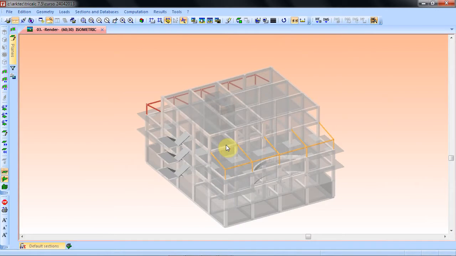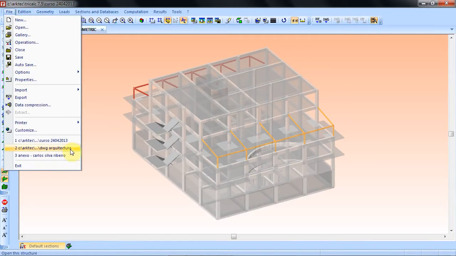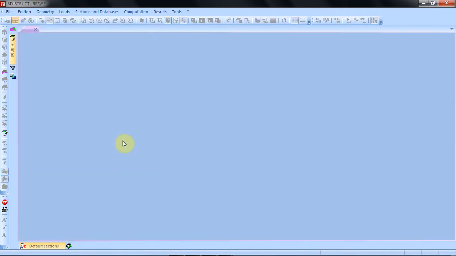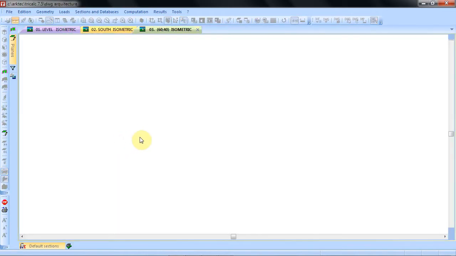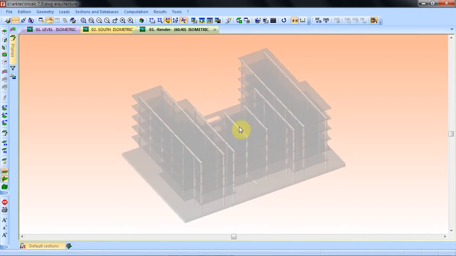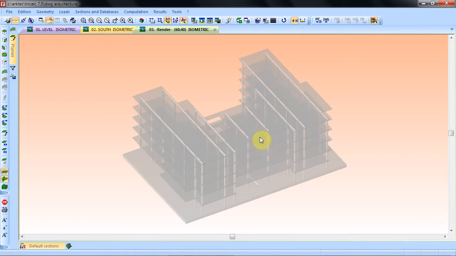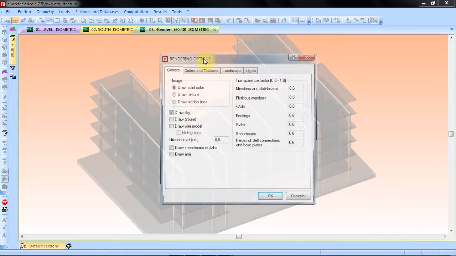So as you can see, this is a very multifaceted structure made with TreeCalc. But let's see another one. So let's open another structure. This one is also a concrete structure, a very big structure with temperature analysis, and I will show you